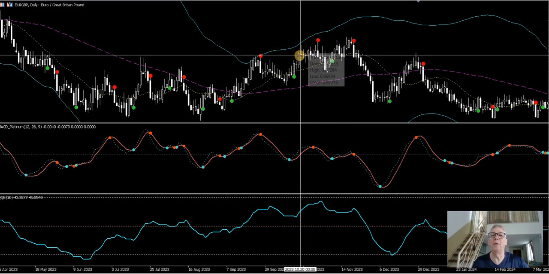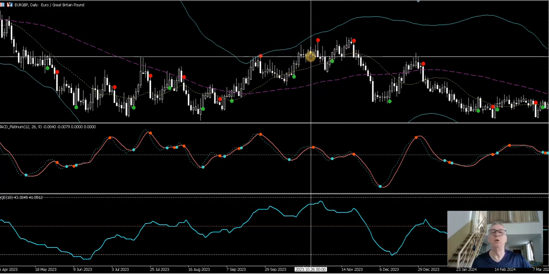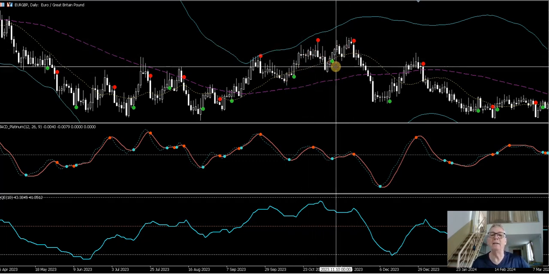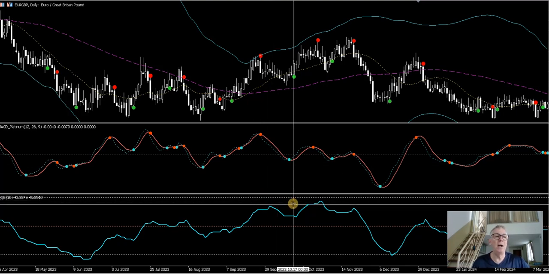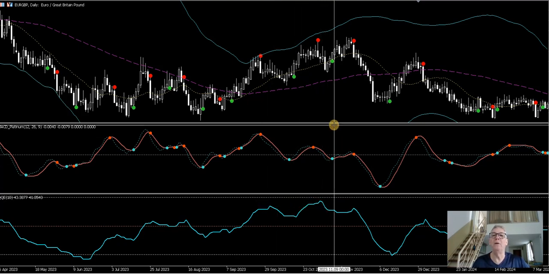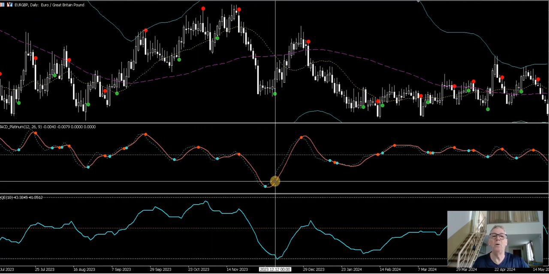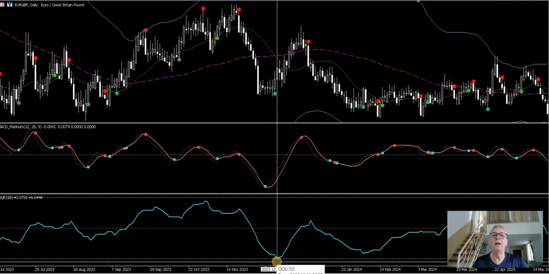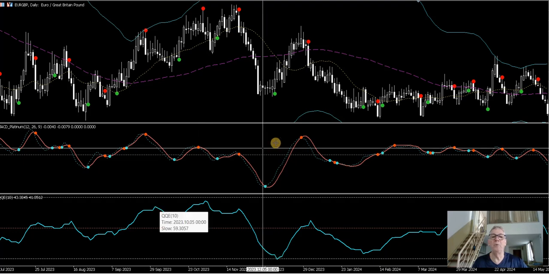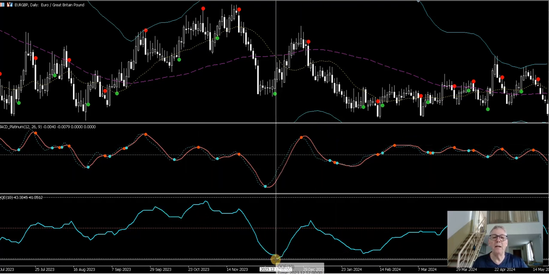Can't lose on that. These have been break-even trades, which is great. Who cares? And in the meantime, no action on the QQE advance. So let's just go, see what we've got. So here's a normal buy. Oh, close there. Now this is an example. If you look down here, that's gone through or touched